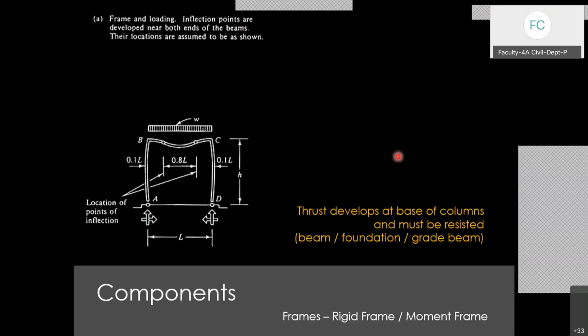So that is called a thrust, which is developed at the base of the column. Thrust, in the sense that since the load is acting vertically downward, at the joint, at the location of the column base, you can see the thrust, or more preferably reactions, get developed. You can say that will get developed at the foundation level.